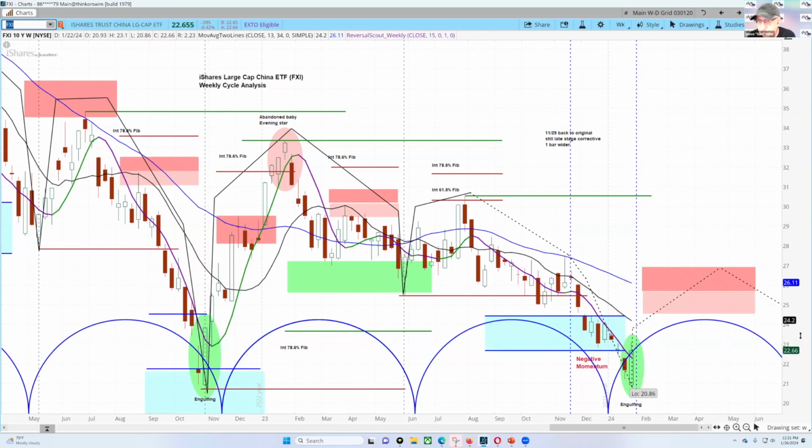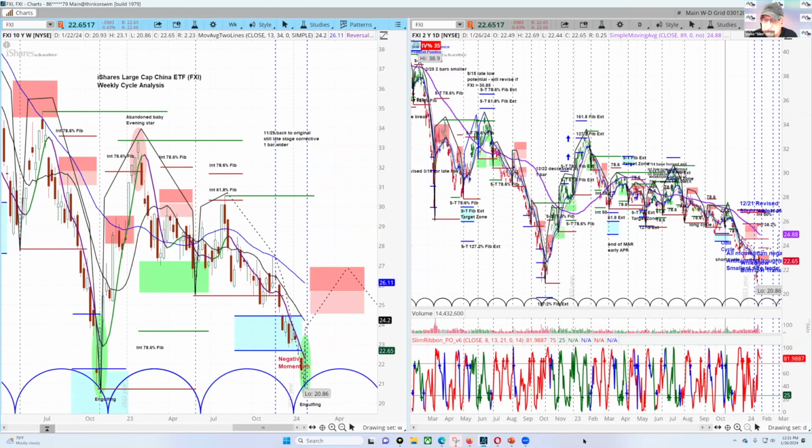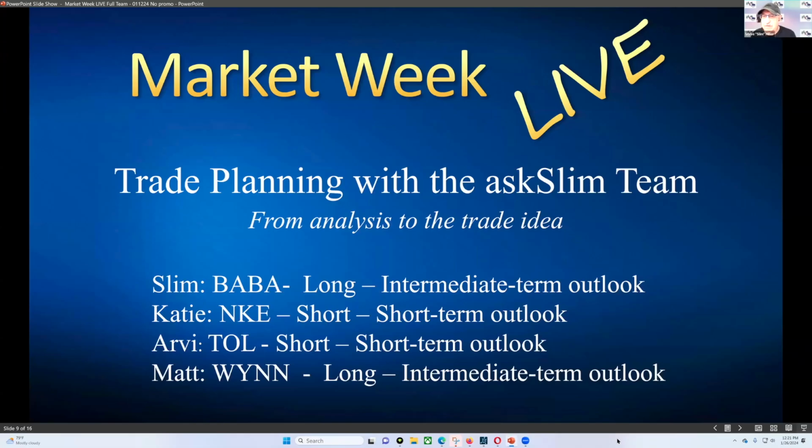So again, we'll be looking for momentum to turn up in China and specifically on the daily chart first, and then we will know. But right now you have a setup right here of a bottom that is forming. We call this the bottoming phase of Alibaba.